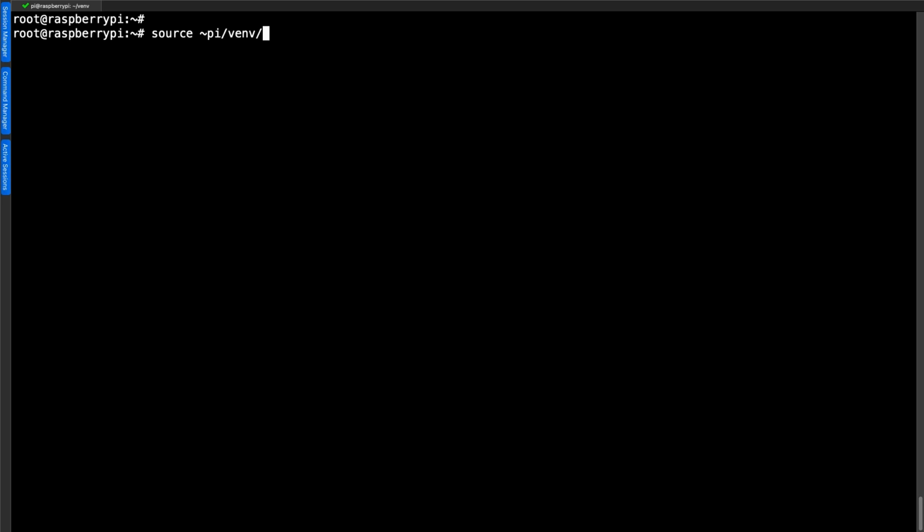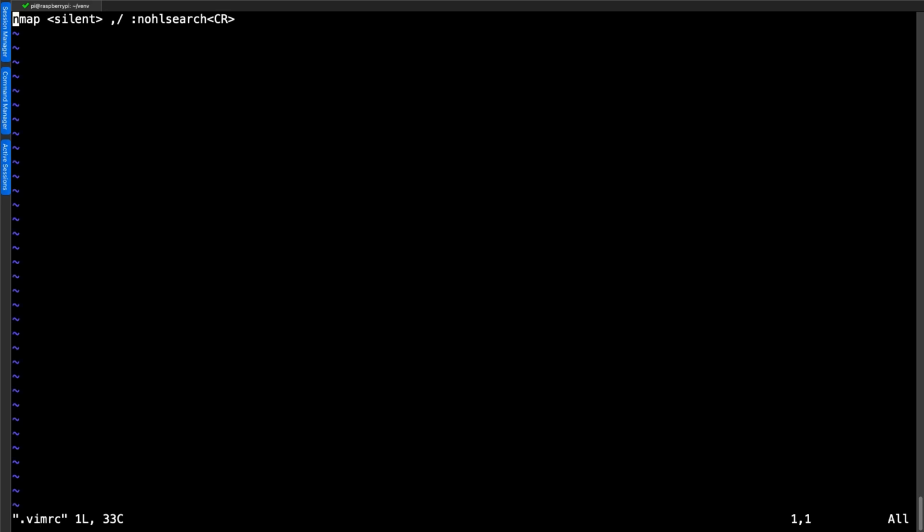So I go through and access the Pi user's home directory, the virtual environment subdirectory, dhcp, bin, and activate. And look at that, I've got that same prompt then showing as dhcp. So this is running that virtual environment we created as my standard user Pi. We can go ahead now and start creating our script. And our script is going to send a request to the DHCP server on the network so we can test that DHCP is up and running. It becomes a great tool to use. But be careful if you're using it on a network that you don't own.